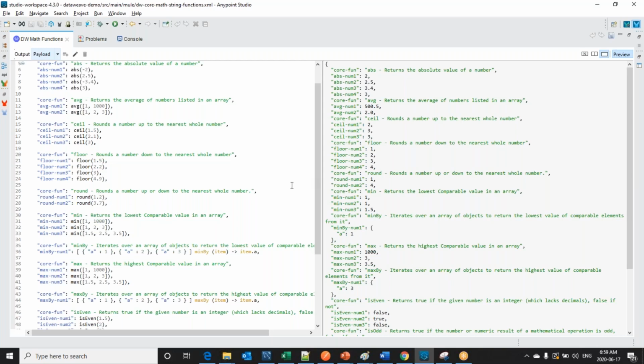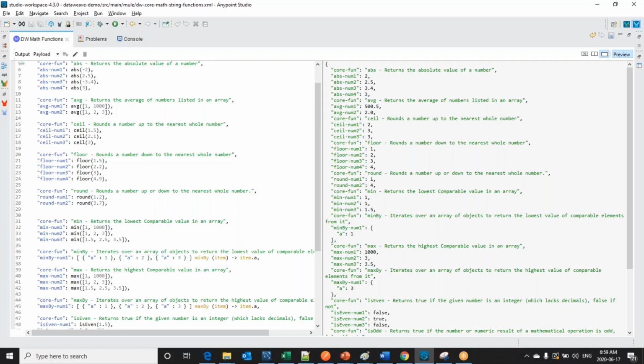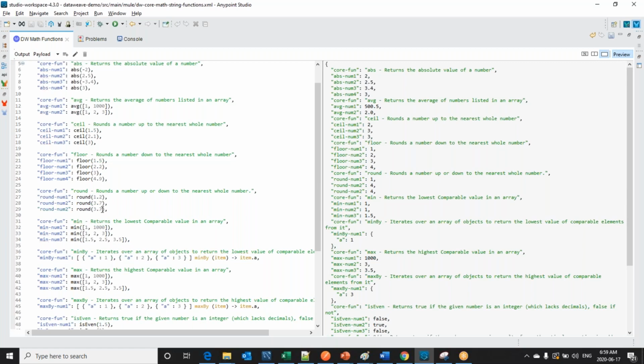So it will result in 4. Suppose I have a middle number, let me copy and paste 4.5. How does it handle that? If I keep 4.5, it resulted in 5. So the priority goes up. Suppose I have 4.4, then it resulted in 4. That means at the 50% point, round gives priority to up, not down.